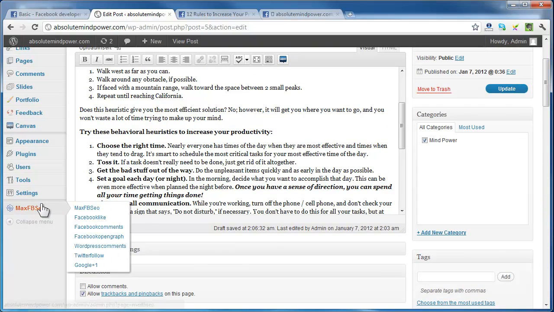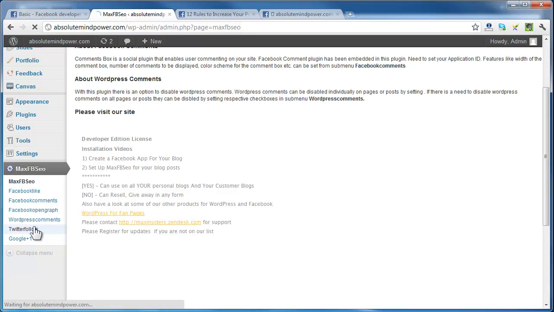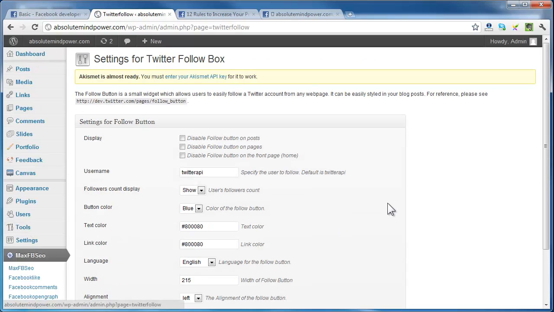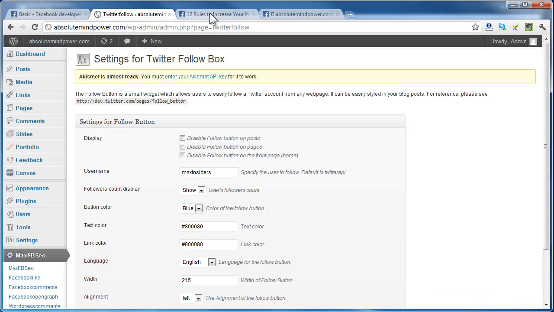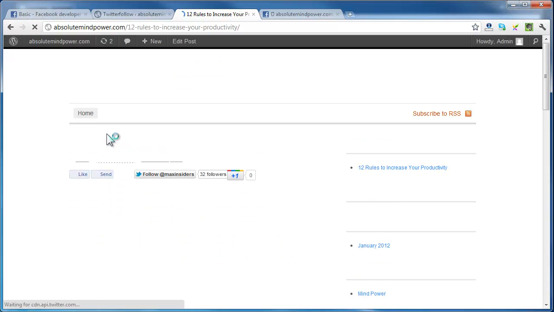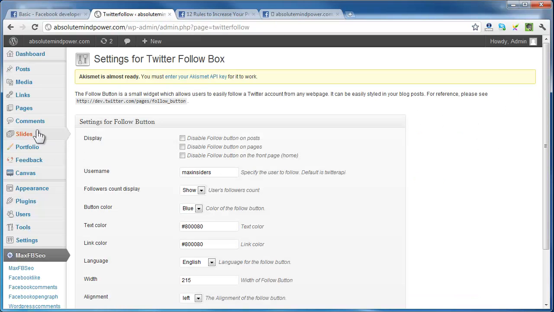So if I go to MaxFBSeo, you need to put your right Twitter information in here. So your username, in this instance I'm just going to use Max Insiders. I'll use that and as you'll see it'll update. And by the way, if you're interested, you can go and follow Max Insiders as well. So that's how you set those. So if I go back to the post,